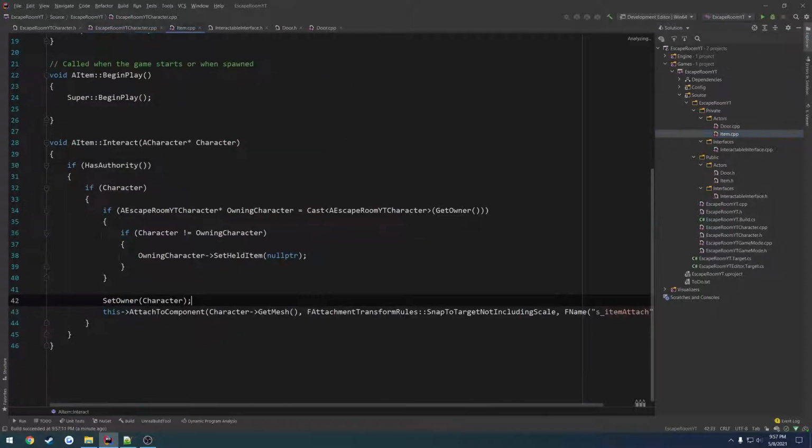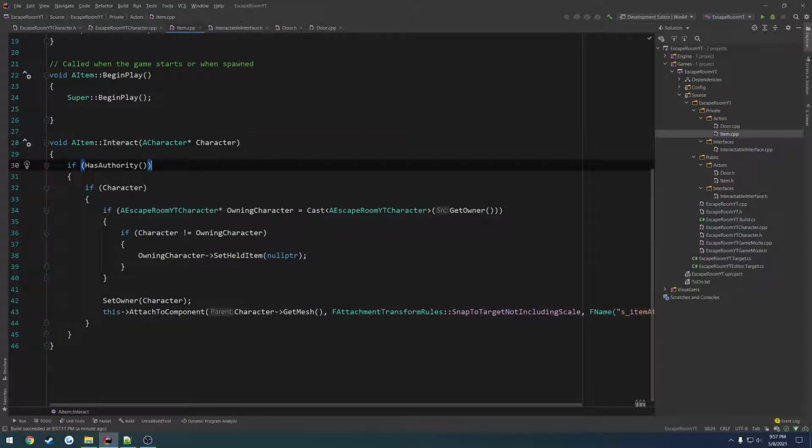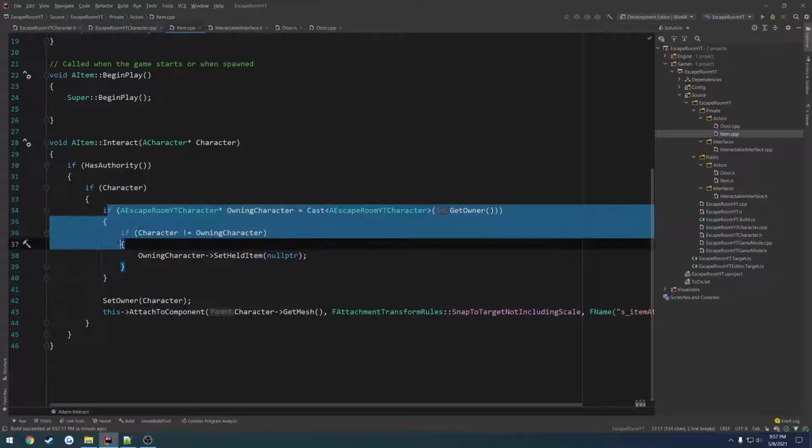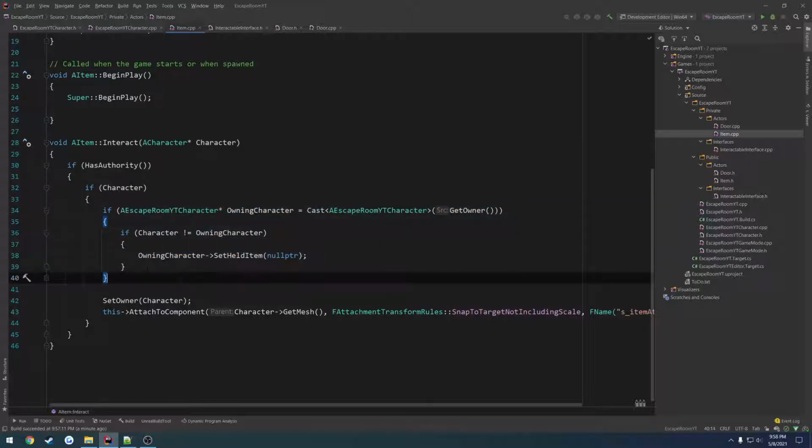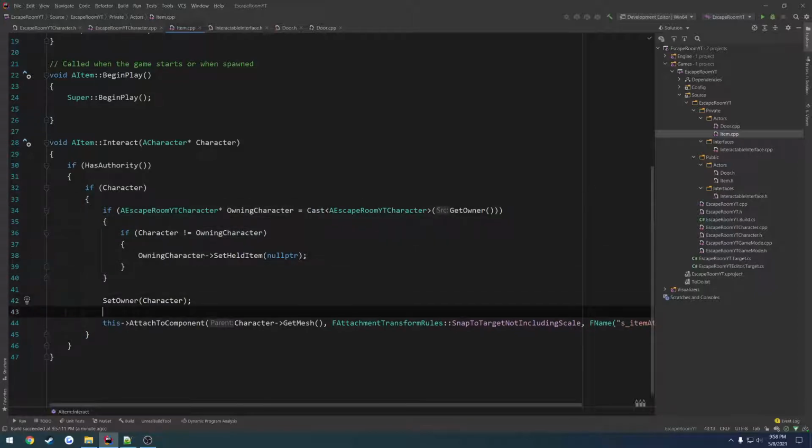So what we're going to do instead, because the only place where we're actually picking up an item right now is in our item class. So right here for interact. And as you can see right here, where we pretty much kind of drop the item, so to speak, I guess that's one way to put it. What we want to do is when we actually pick it up and we go to attach it, we want to instead, well, on top of setting owner, we want to set the